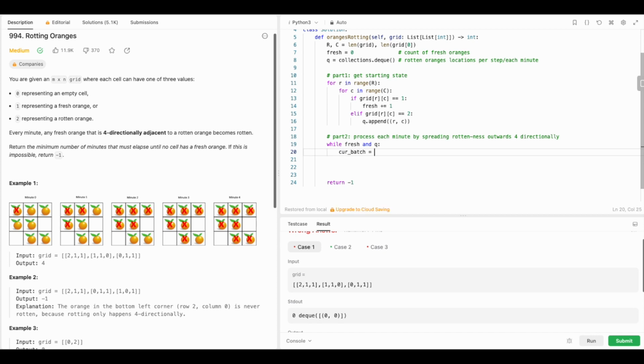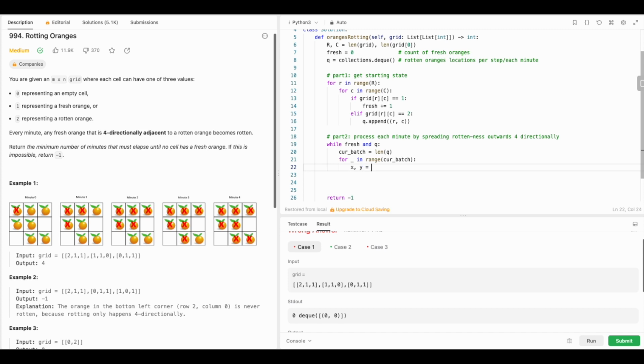So this represents the count included, or the number of rotten oranges to process for this current minute. So we'll say length of queue, and we'll process each one. So for that, in range of current batch, we can say,